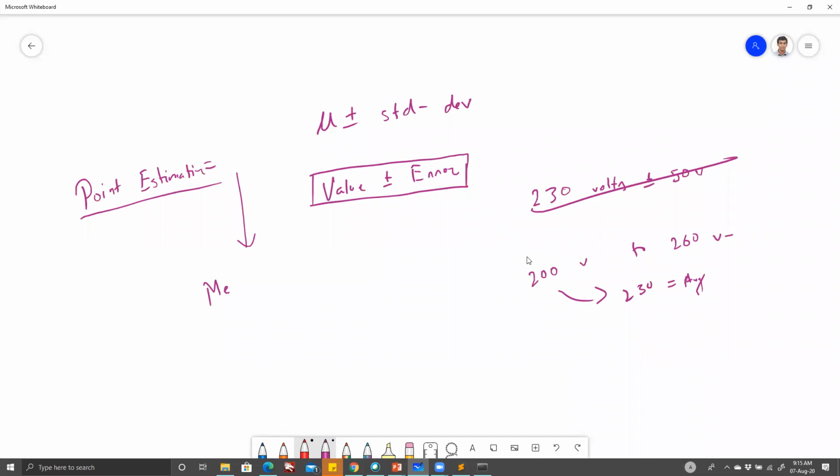Like mean, median, when you want to locate something specific, you are trying to do a point estimation. But right now we want to do an interval estimation. Now interval estimation gets tricky, and I will show you where and how it will get tricky. So what is interval estimation?